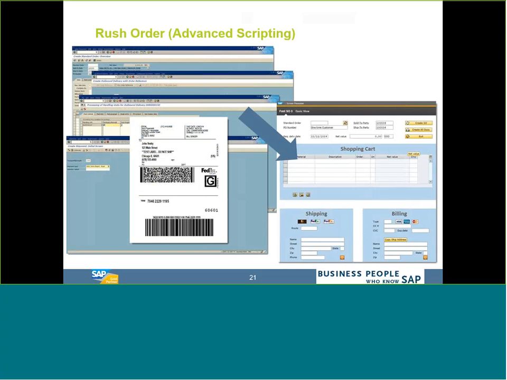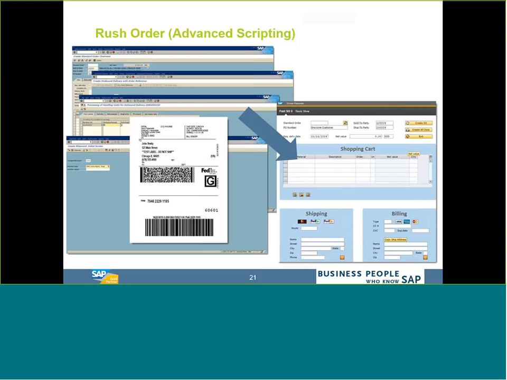But what we wanted to show here was an entire process. So for this, we picked the sales process, and the scenario here is that we've got a rush order that's come in. So the CSR takes an order, and I want to get that order out the door as quickly as possible. Now, SAP documents everything very well, and a lot of those documents need to wait for delivery due and wait for shipments to be created and all of that stuff. So what we wanted to